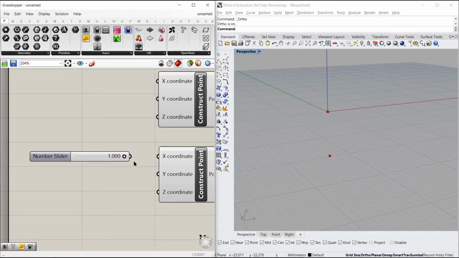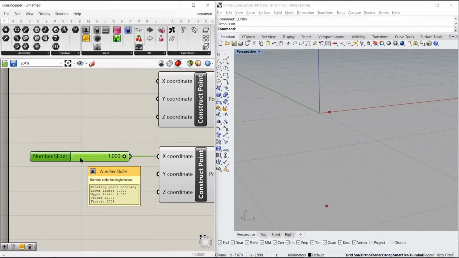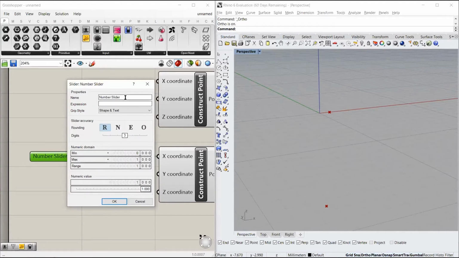But suppose you want a number greater than 1 in the X coordinate. You can right click it, go to edit, and this toolbar appears in which there are many options. You can change the name. Suppose I use this for the X coordinate, I write X coordinate. There's an option to change the rounding. By default, it's set to 3. We can change it to 2, 1, 0 or more. We can change it to just integer numbers, so the rounding goes away. We can set it to just even numbers, or just odd numbers. For now, we will set it to integer numbers.